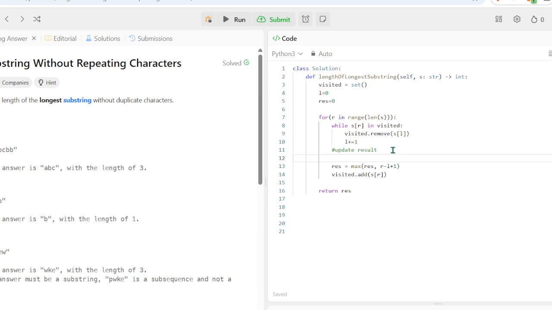Yeah, let me trace through it one more time before I submit, because I don't want to just submit it and kind of guess. I don't think that's a good idea. So I visited. This is the add.